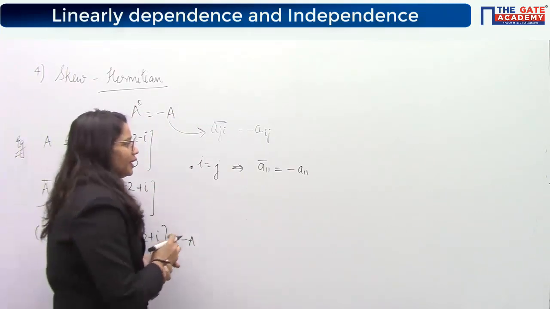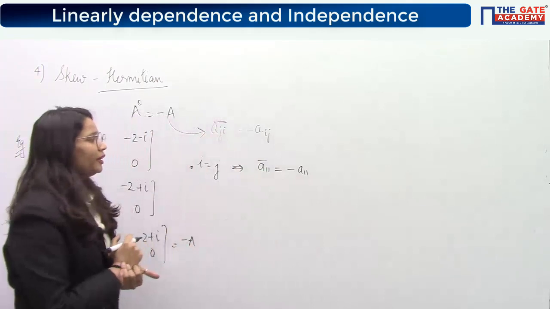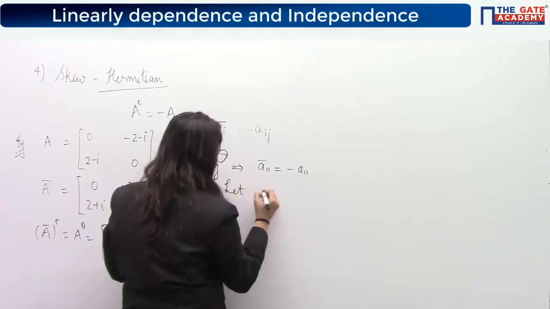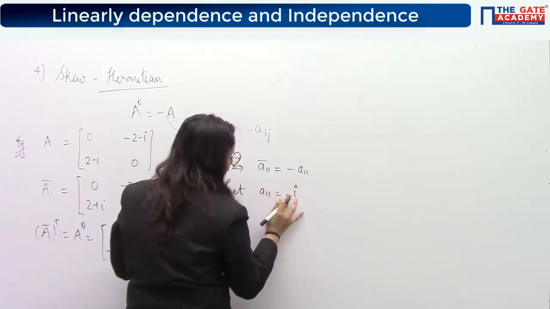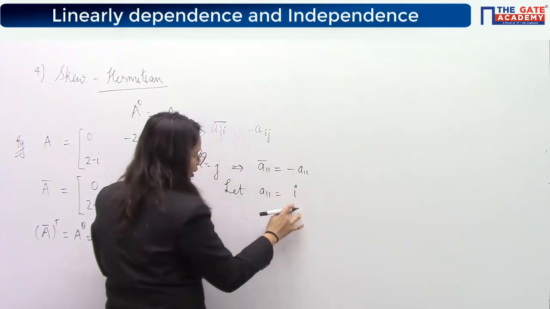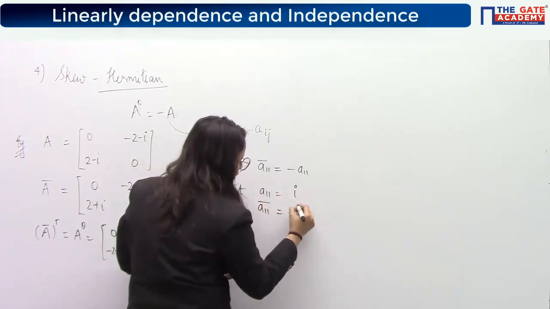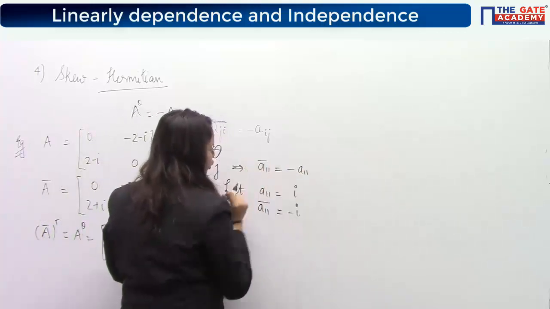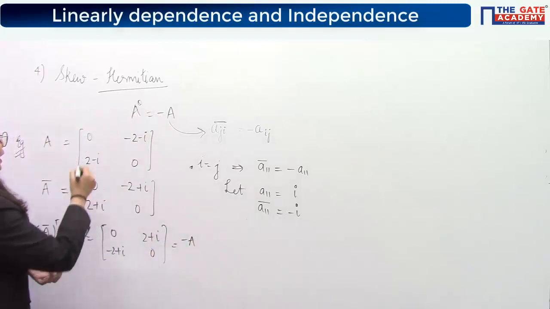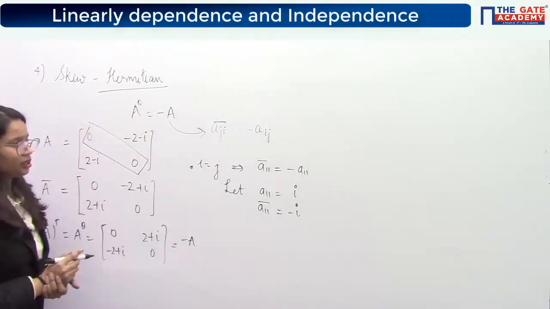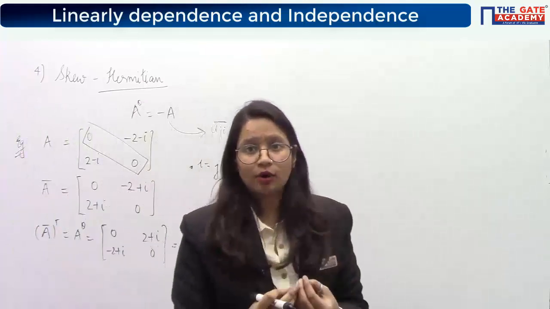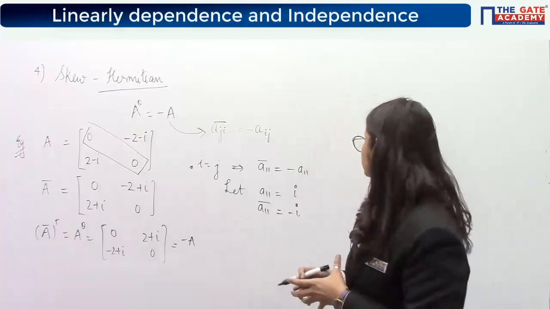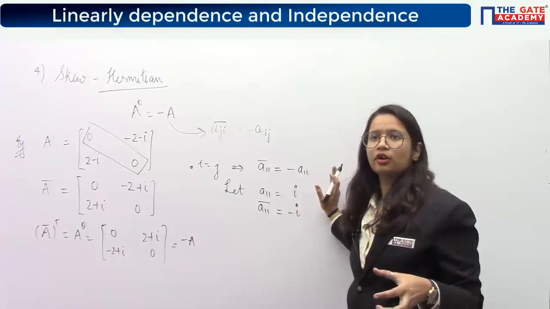Now, obviously this will be satisfied by the number 0, but it is also satisfied by any purely complex number. Let's say if you take A11 to be minus i or plus i, then what will be its conjugate? It will be minus i. Just flip the sign of the imaginary part and you can see that this identity is following. This suggests that the diagonal elements for a skew Hermitian matrix need not always be 0. They can be 0, or they can be purely imaginary. But as soon as there is a real part associated with this, then this will not be followed.